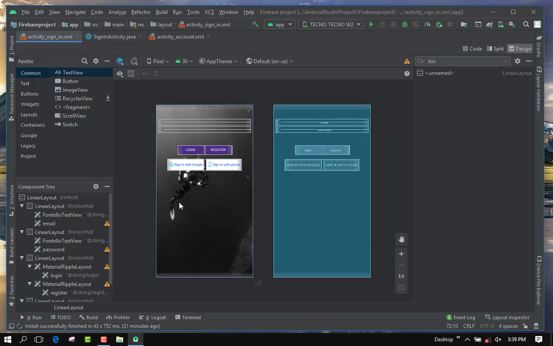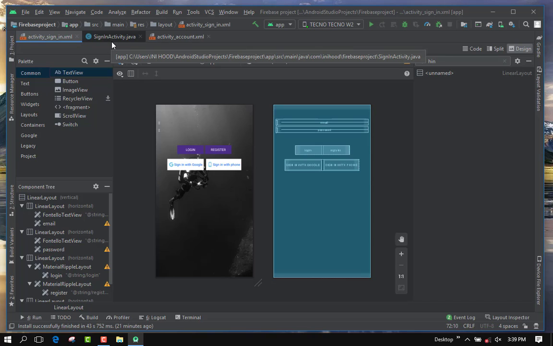The design is quite nice. I've added the two sign-in buttons for Google sign-in and phone number authentication, and also some background image to make the design look good. And you can see some edit text. And I have also changed the